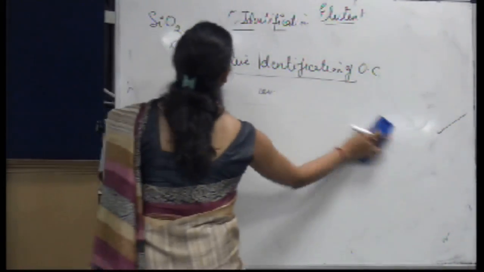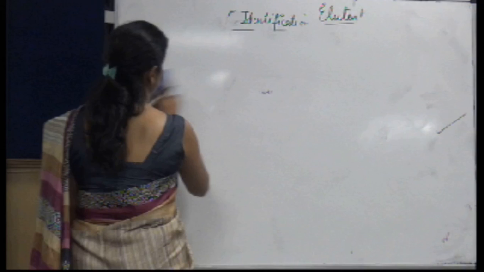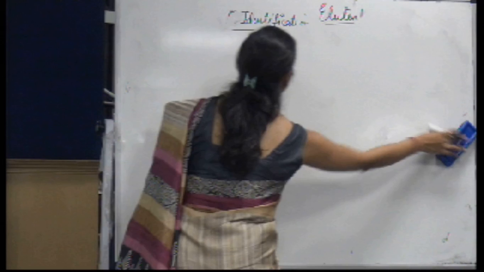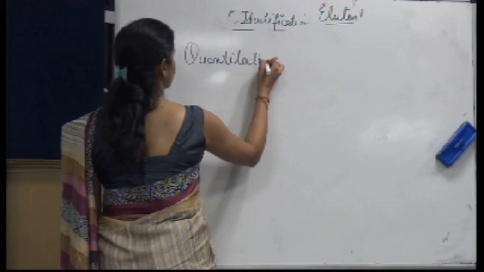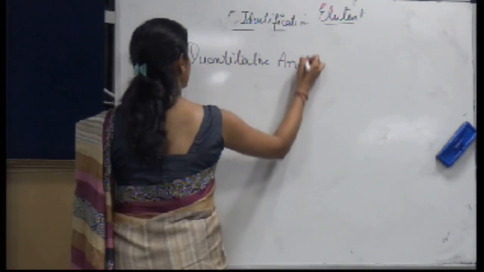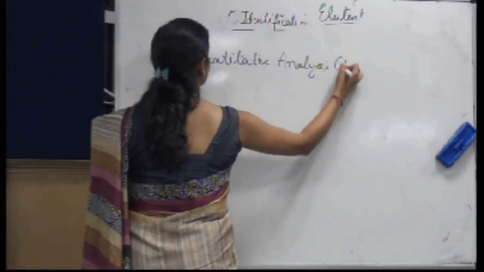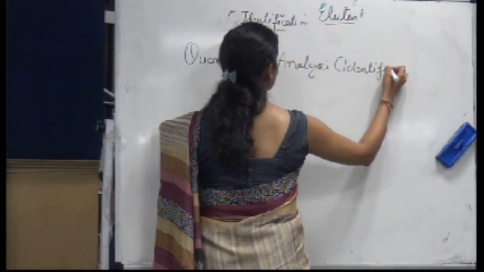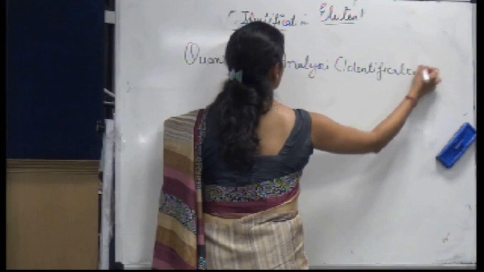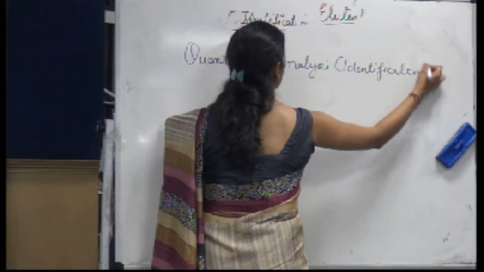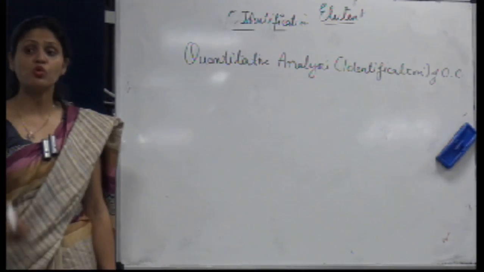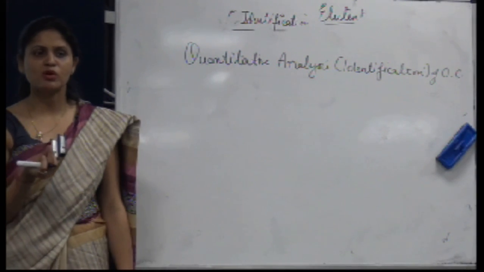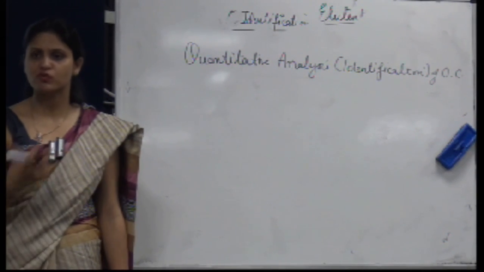Next we have quantitative analysis or quantitative identification. That means I want to quantify how much amount of nitrogen, carbon or oxygen or phosphorus, sulphur is present